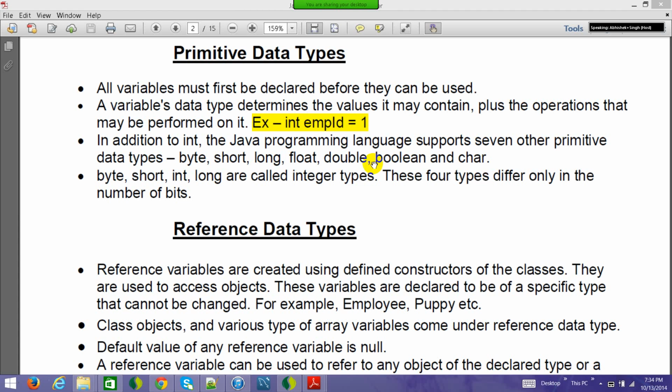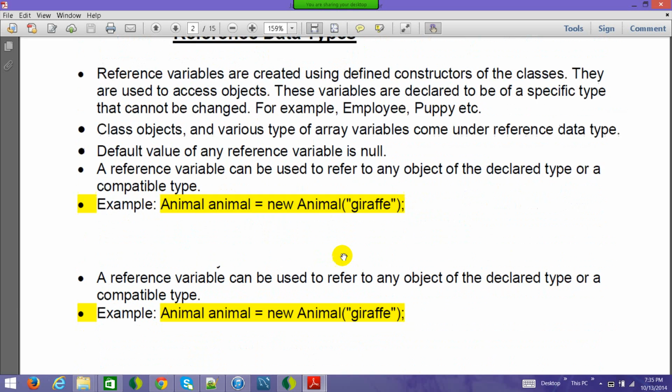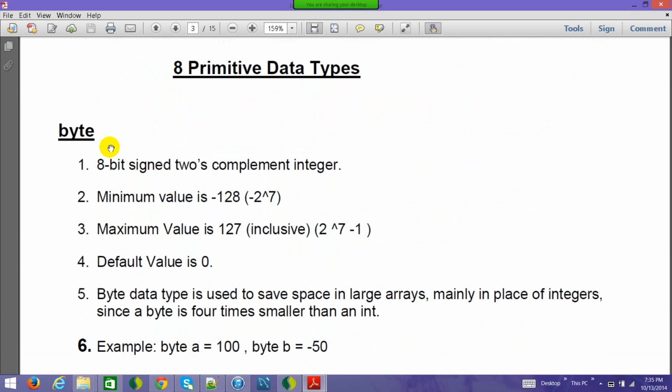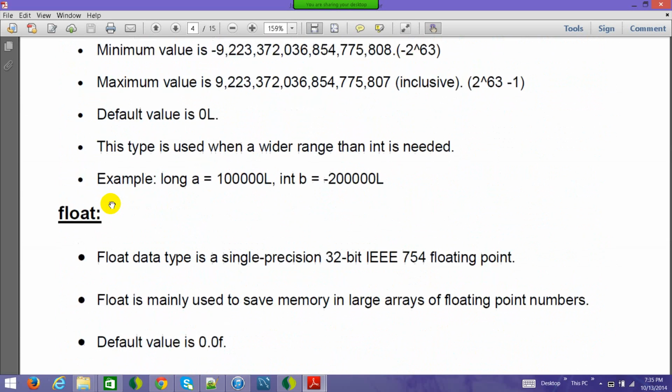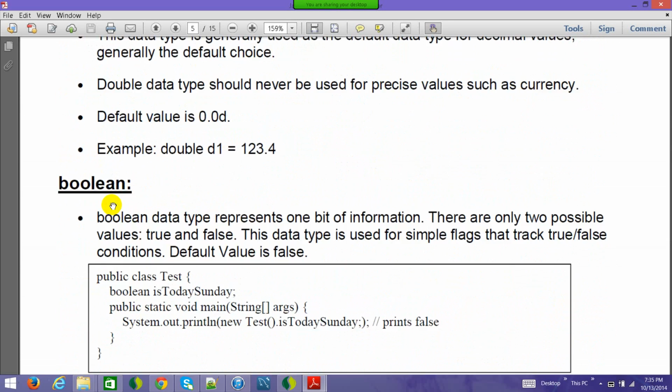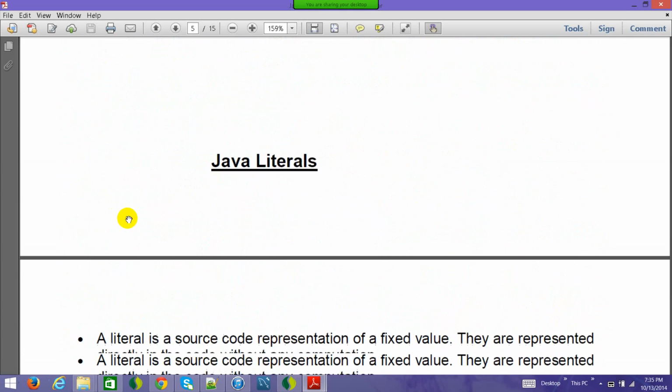So if you have a requirement of, say, your value can only range from 1 to 10, or maybe 1 to 1000, there is no need to allocate bigger space. So short, as the name is itself intuitive, is the right thing to do, because it will have a lesser memory footprint. Okay. So Java has a total of 8 primitive data types which are defined here. One is byte, as I told, then short, int, then you have long, float, double, character, and boolean as well. So we have a total of 8.